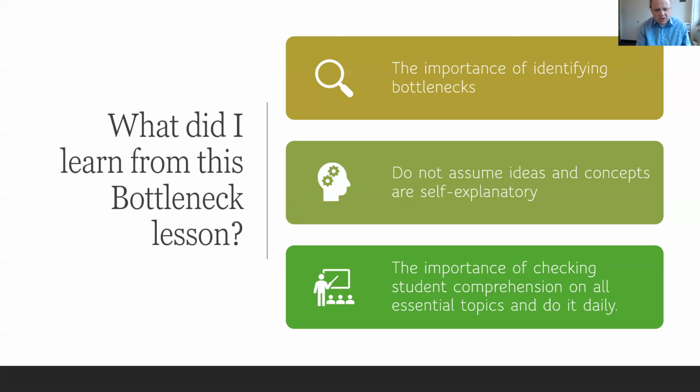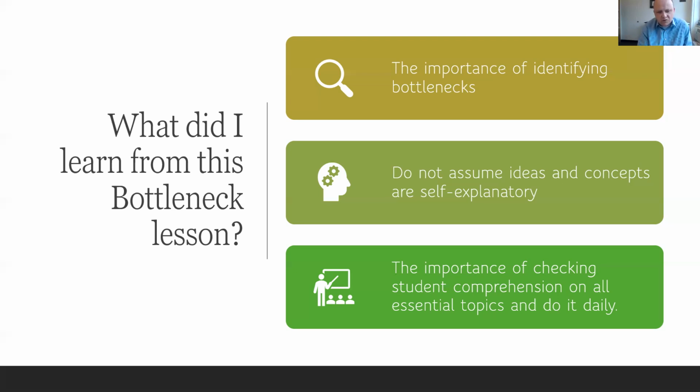When I started checking student comprehension on this topic is when I realized that we had this bottleneck and this issue that was going on. This isn't a concept that I would test on in this class. I used to have this be a short 10-15 minute discussion. I've learned now this needs to be a longer discussion and a presentation in this course. And it's through checking student comprehension that I've come to understand that I need to really focus in on this particular topic. And it's helped me address other topics.